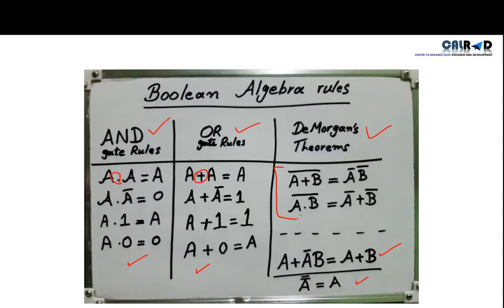Our main goal is not to prove these rules, but to use these rules for the simplification of our simple equation or design equation. And why do we simplify our design equation? In order to minimize our digital design, because we have a limited design space. So we have to solve the complicated equation, make it simpler, and then design our ICs or chips. So let's start.